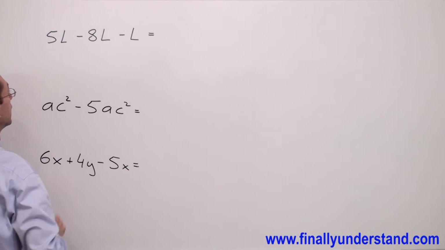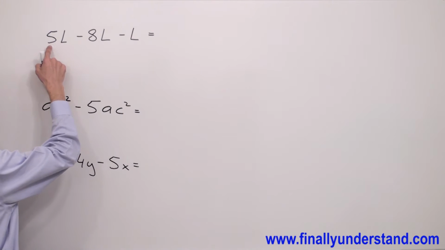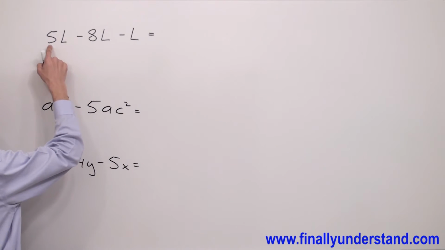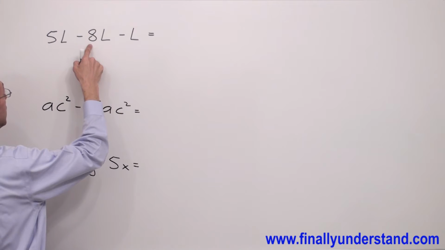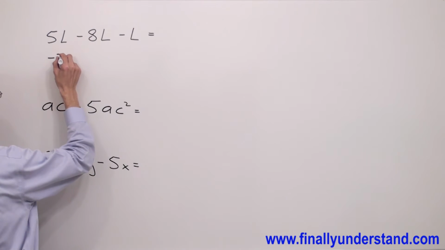In the first problem, we have three like terms. Why? Because each one of them contains L. I have to perform my operations from left side to right. So I have 5 minus 8 is negative 3